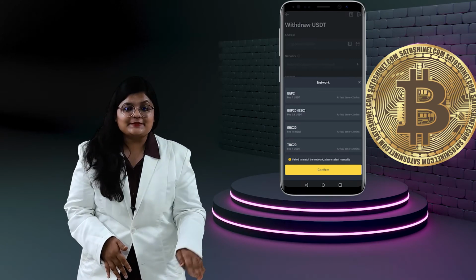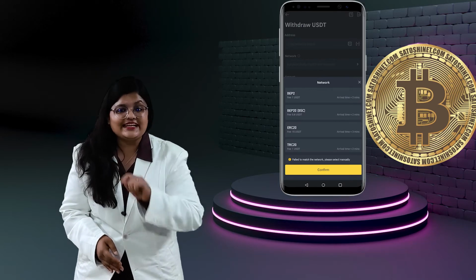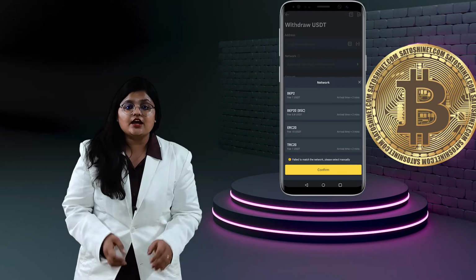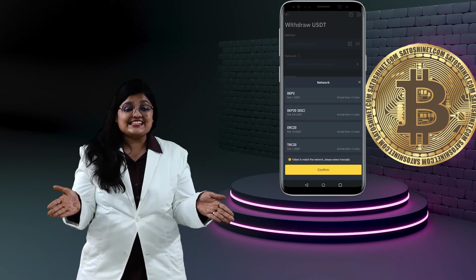And that's not it. If you transfer through Binance Smart Chain, the BEP20 network, you will only incur 0.8 USDT, which means only 60 rupees. Oh my gosh! This hack has literally saved me so much of transfer fees in the future.